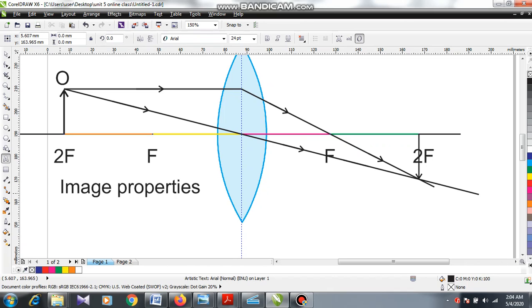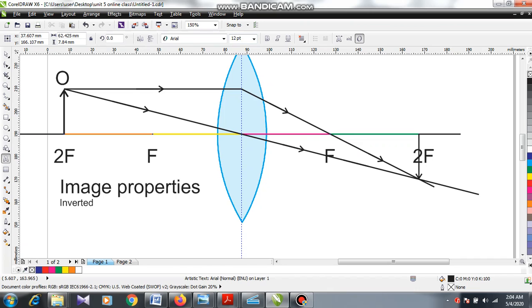The image properties are: number 1, inverted, upside down.